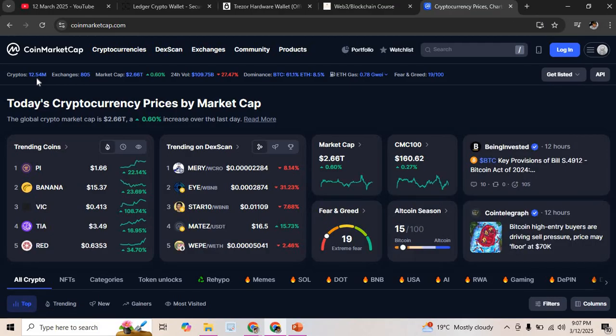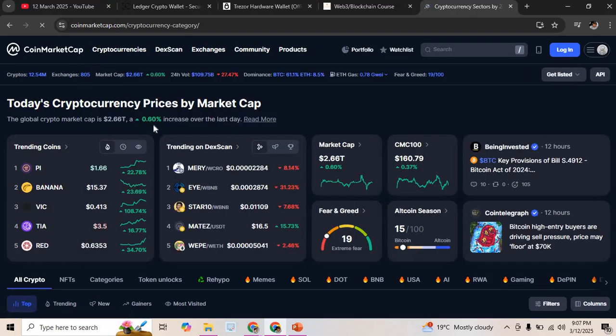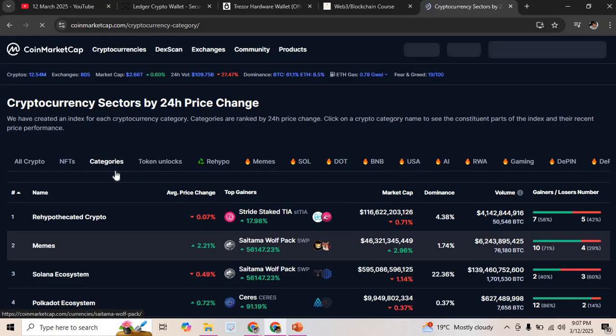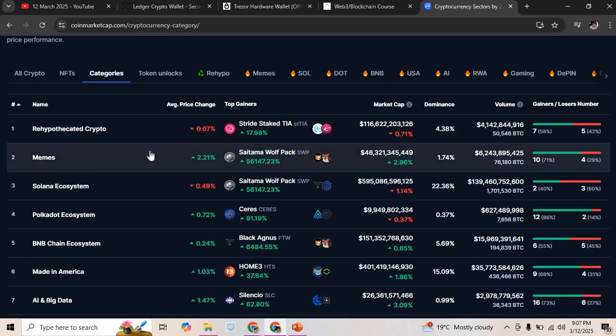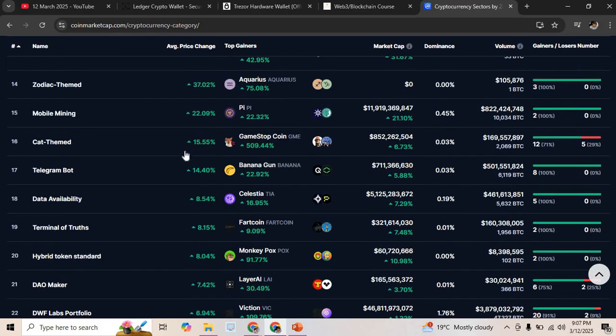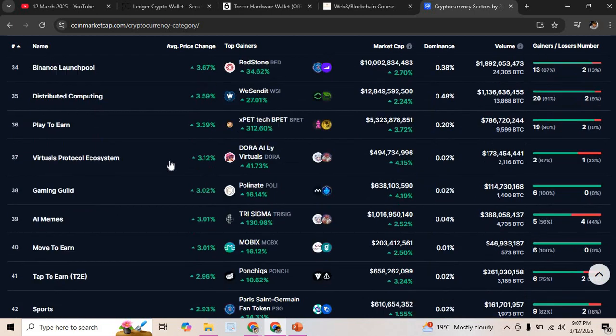I remember someone asked if meme coin is a type of cryptocurrency. And I said that if you come under cryptocurrencies right here on CMC for CoinMarketCap, if you go to categories, you'll find all the different types of cryptocurrencies. We have the meme coins here, we have the Solana, Polkadot, gaming coins, Telegram bots, all of these coins are different types of